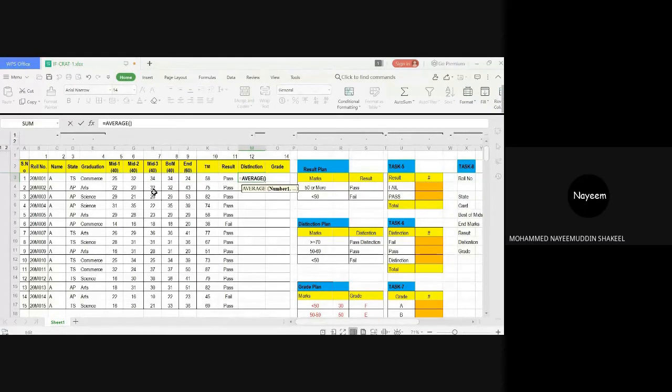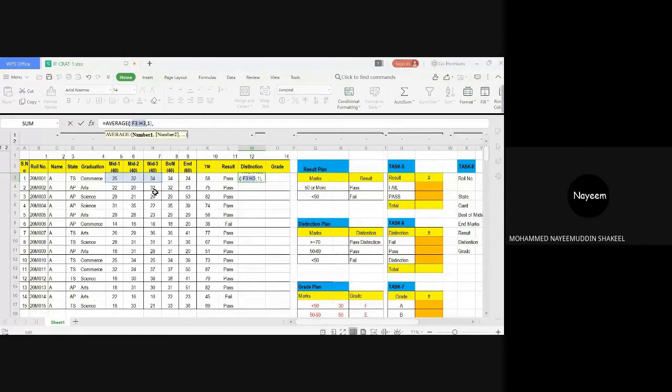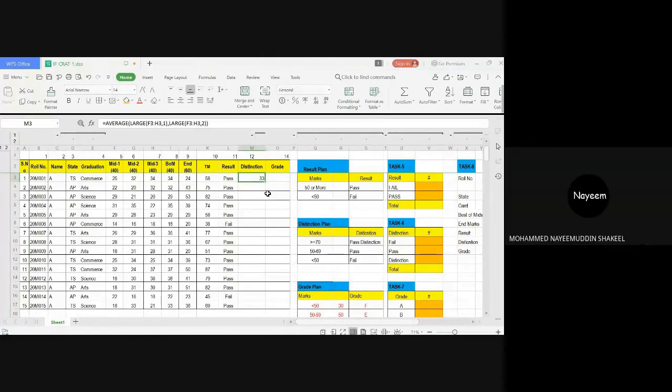So I'll take average of, this is the range, comma 1, and so this is the average. I can drag and drop and it should give me the average.